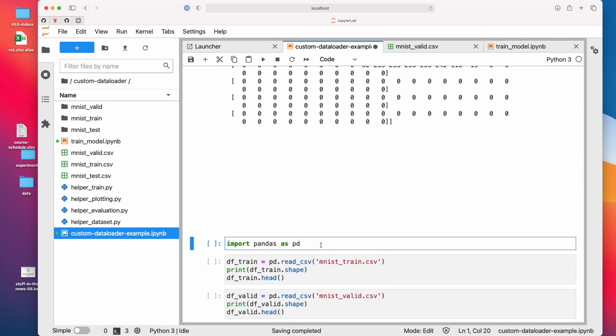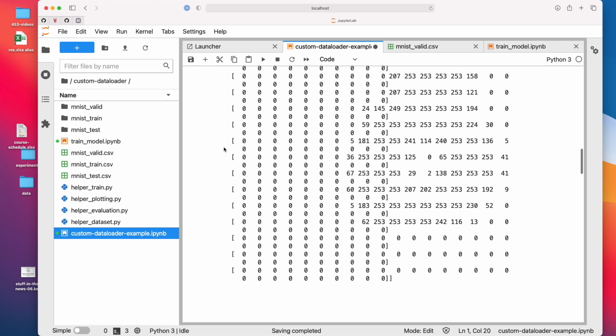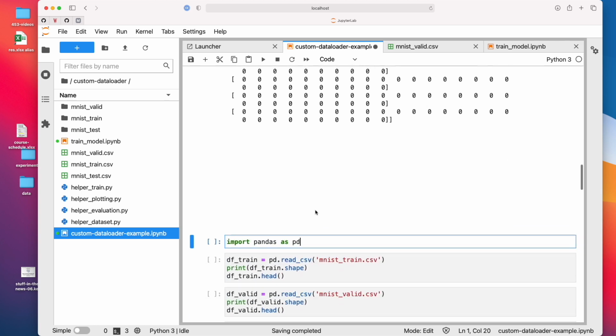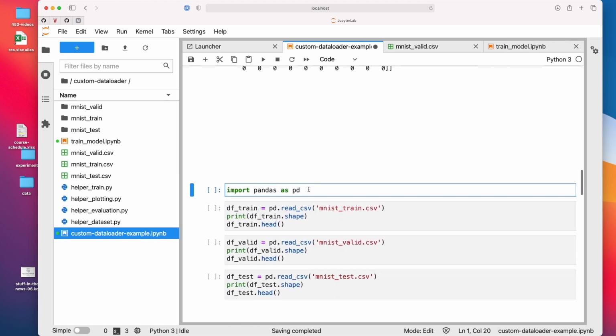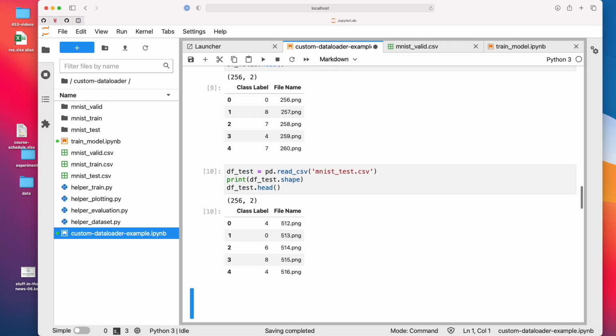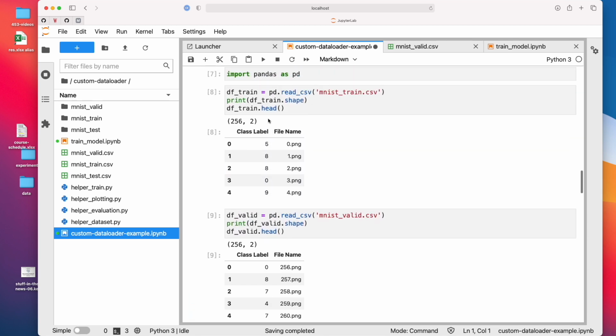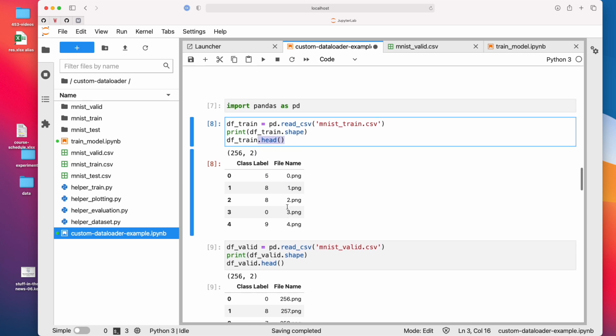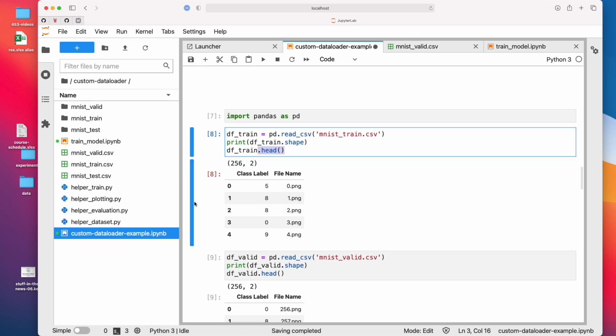Alright, so then looks okay, so we know what we are working with. Let's now load the CSV files. Loading pandas, and then I'm loading my CSV files. So these are only the first 5 rows with this head command. And I can also show you, you can see it right here.